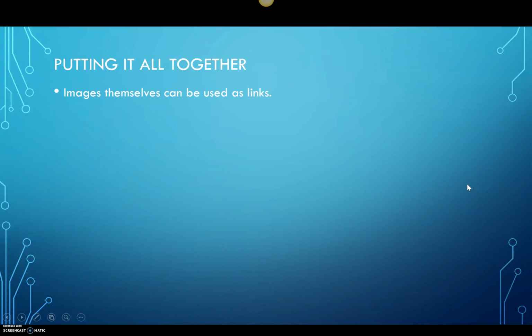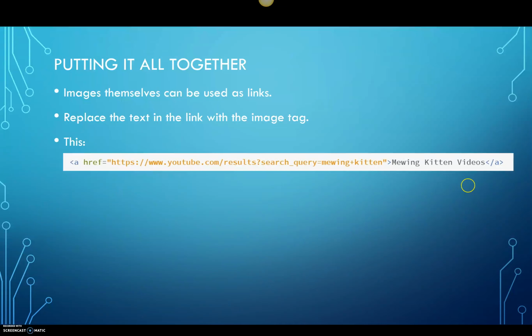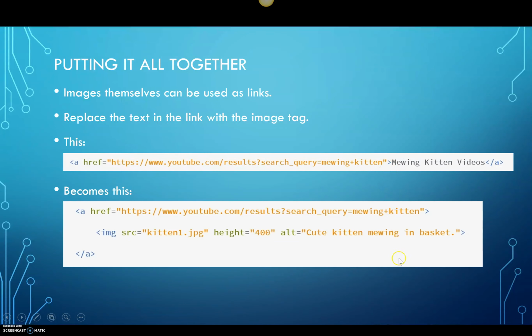Then putting it all together. Images themselves can be used as links. All you have to do is replace the text in the link with the image file. So here's your link, and the underlying text is "mewing kitten videos." It would take the user to youtube.com, and the results of a query of mewing plus kittens, or kitten, it would become this. Now I spread it out a bit to make it easier to read for you, but notice